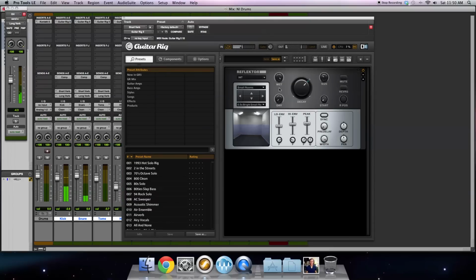So I'm using Reflector inside of Guitar Rig. I guess I didn't mention this before. I have these set up, and then stereo, I bypass the gate, and I have the high, I guess this is oversampling inside of Guitar Rig. So I brought up the small rooms,